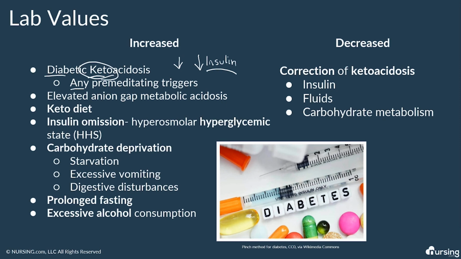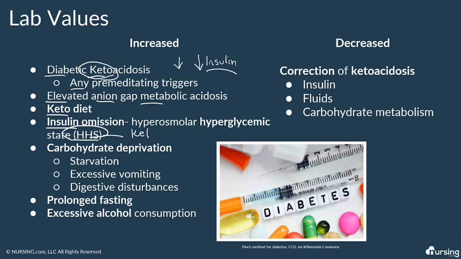It could be elevated during a time of elevation in the anion gap, which means we have metabolic acidosis, or if someone's on the keto diet. HHS is in a time of insulin omission. So if the cells are so resistant to insulin, even in a non-type 1 diabetic state, we can see ketones